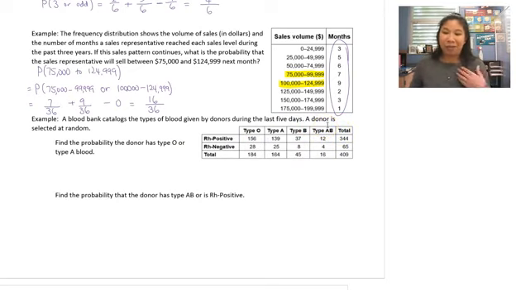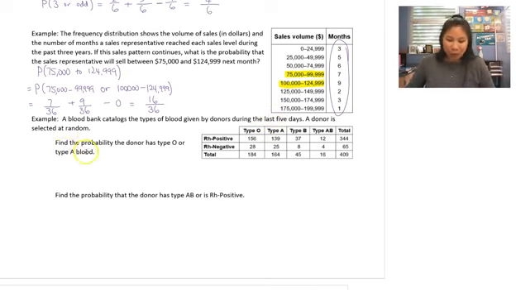I don't know that much about blood types, but I know there's type O, type A, type B, type AB. I know I'm type O. And then they also have positive or negative. I forget what the Rh stands for. It's some sort of genetic thing. I don't know. But I know I'm type O negative. I think that's the universal donor one. Anyways,